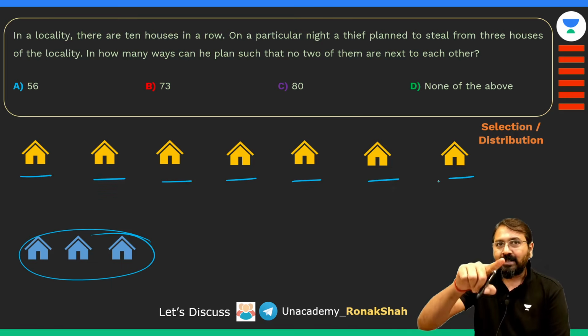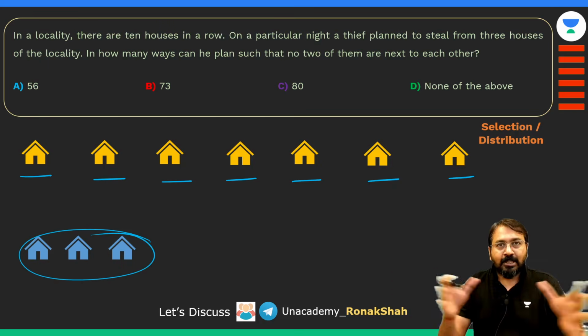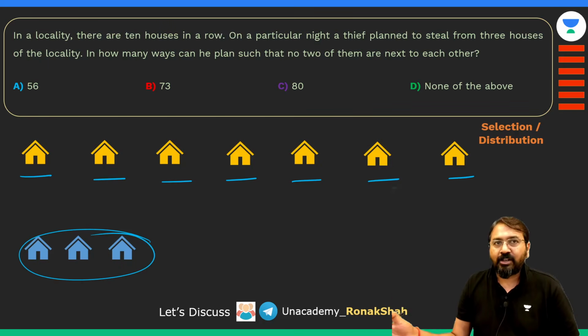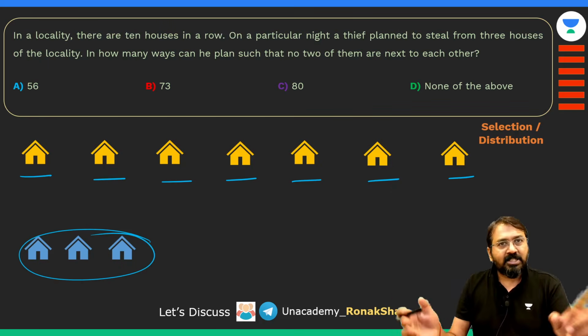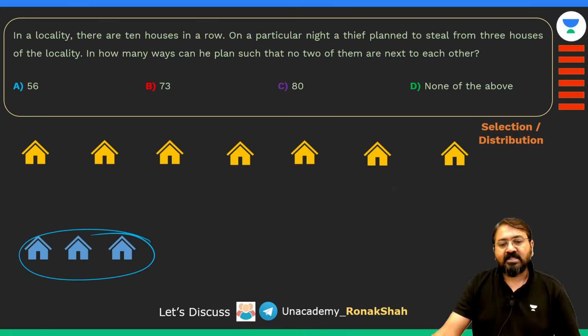नाउ प्लीज अंडरस्टैंड, बॉयज में बॉयज अलग अलग होते हैं, जबकि हाउस सेम हैं। तो आपको 7 पोजीशन पे 7 हाउस को 7 फैक्टोरियल वेज पे अरेंज नहीं करना है, दे विल बी जस्ट वन वे, क्योंकि हाउसेस आइडेंटिकल हैं, राइट। तो ये एक चीज का ध्यान रखना। तो अब मेरे पास ये 7 हाउसेस हैं।